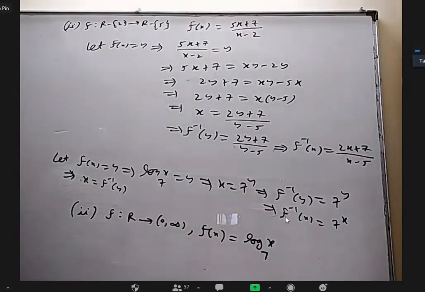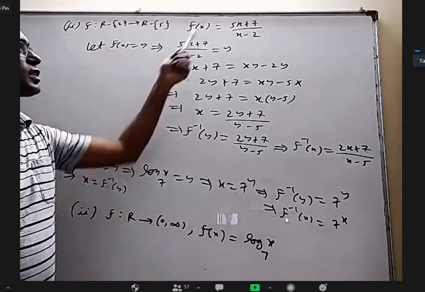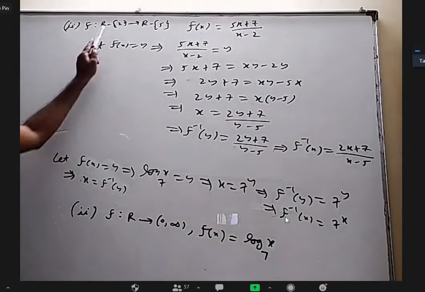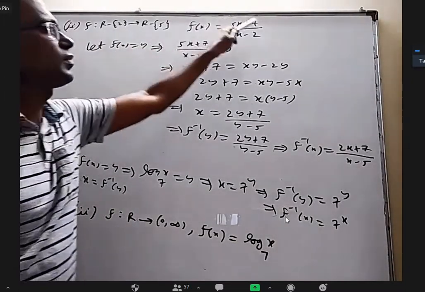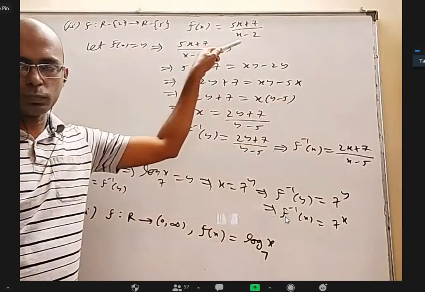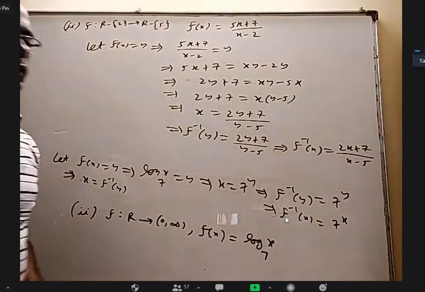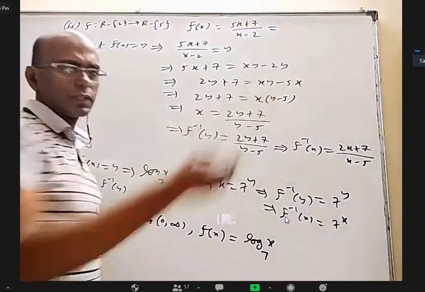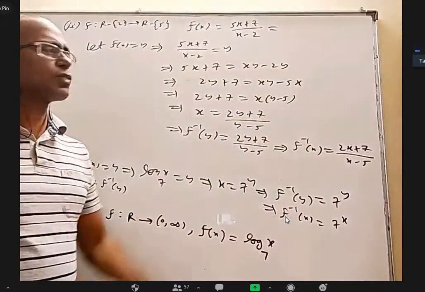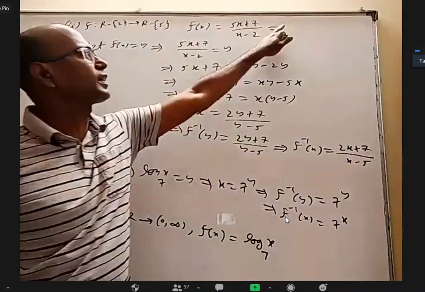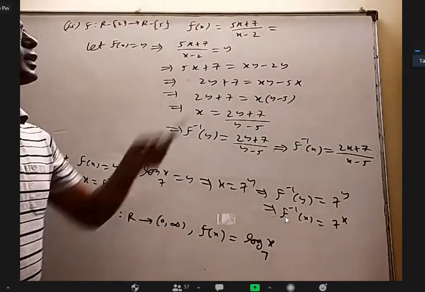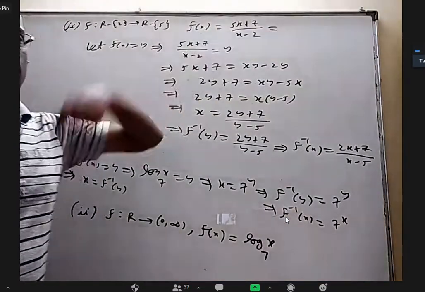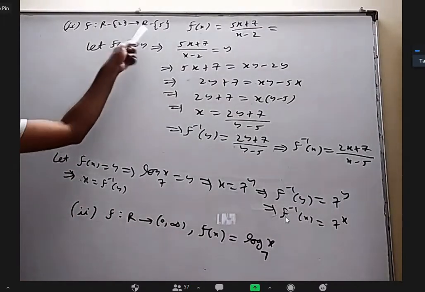Now one may ask, what is the reason that you gave domain and codomain like this? If you want to talk about inverse function, original function should be bijection. So I should give the domain, and here I should give exact range as codomain. What is the domain for this? All real numbers except 2. Range, we discussed this. If you take it equal to 1, there will be a solution. Equal to 2, there will be a solution. Equal to 100, there will be a solution. Equal to 10 by 3, there will be a solution. But if you take it equal to 5, no solution. That's why whatever x you take, this answer cannot be 5. So 5 will not be there in the range. That's why all real numbers except 5.